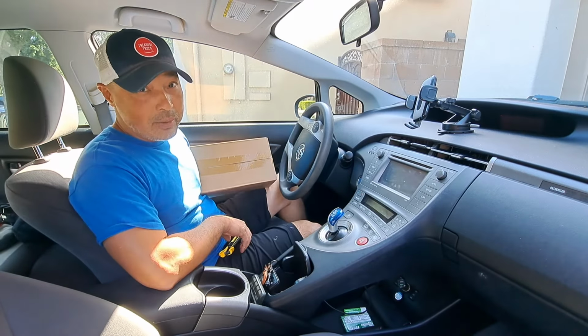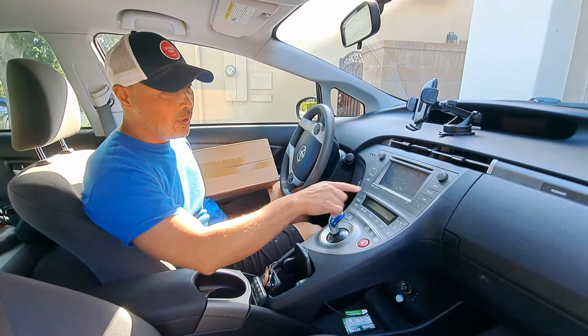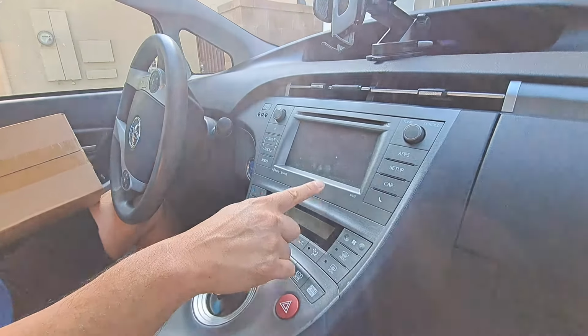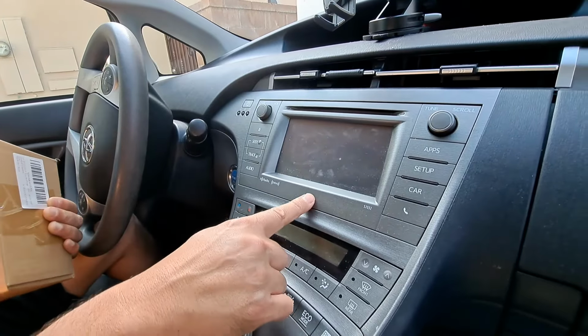Hey guys, so I'm in my son's Prius again today, and what we're going to do is upgrade this stereo right now. This is the non-JBL version, so we're going to upgrade this to get